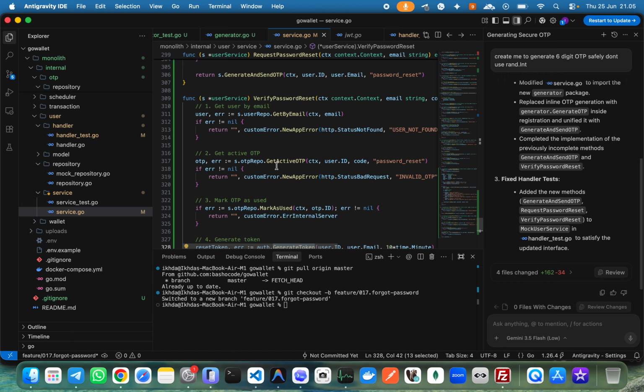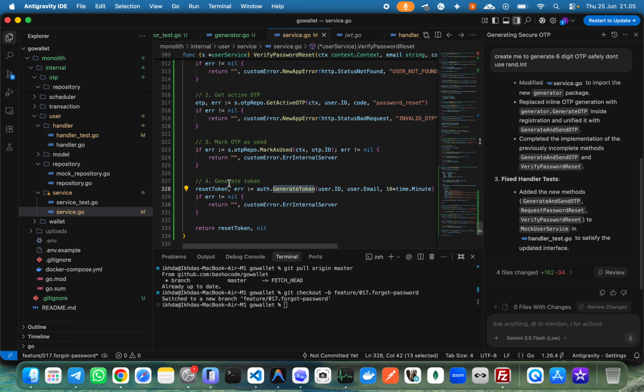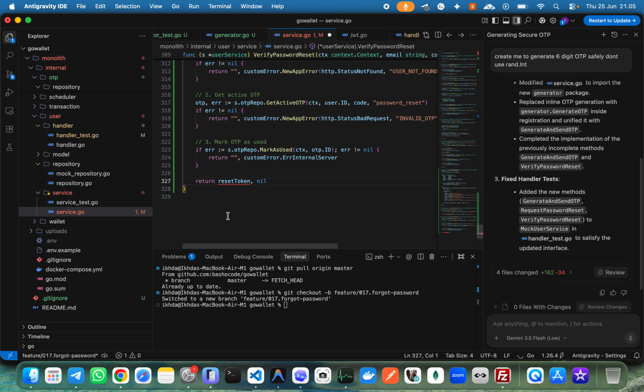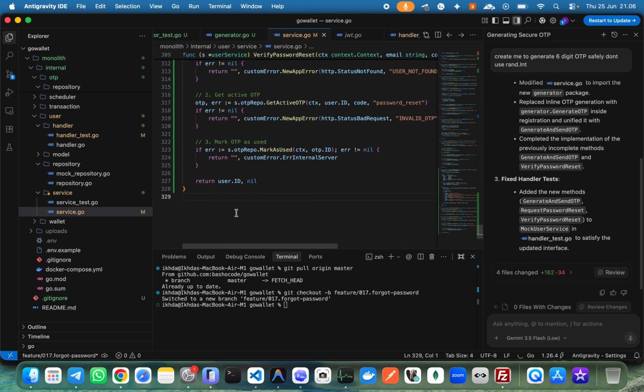Verify password reset is using user service, which is the find by email, generate OTP. Verify password reset should be written. This one I don't want, and I return the user.id, and then after that,